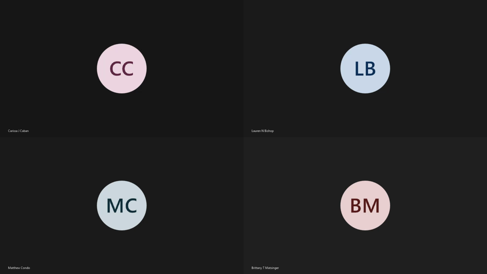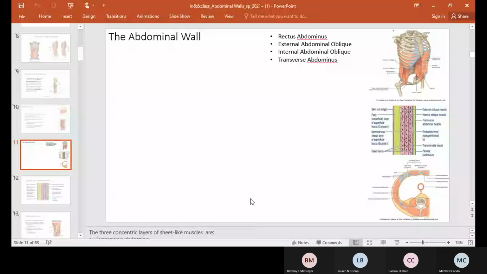All right, so where we stopped last time was, if this is ever going to work, the difference between internal abdominal oblique, external abdominal oblique, transverse abdominis. If you remember, we ended class on Wednesday talking about how these all go in different striation patterns, which is going to be really important for what each of these motions and each of these muscles do. So where we're going to start is with the easy one,